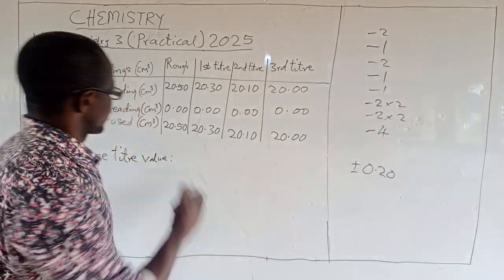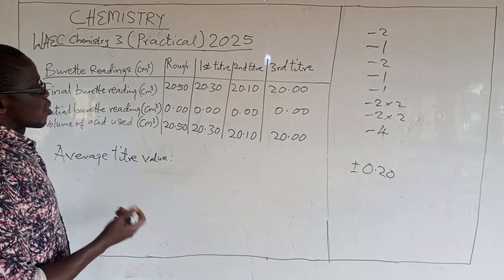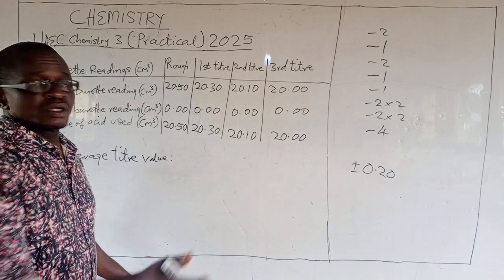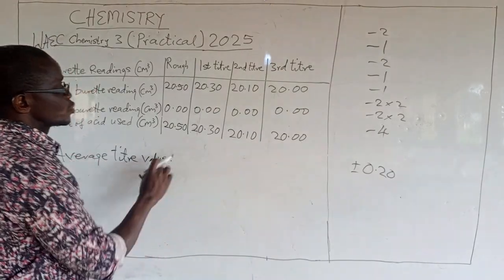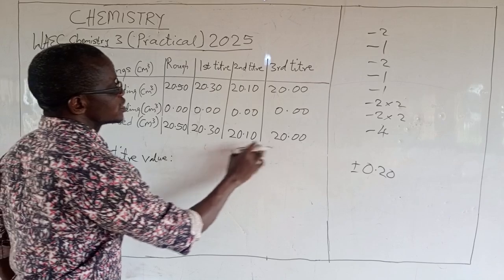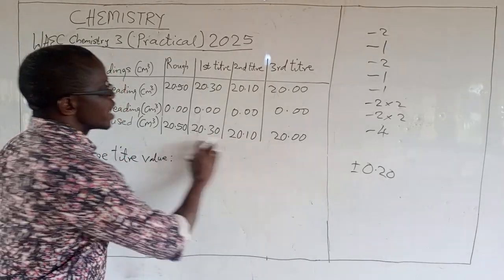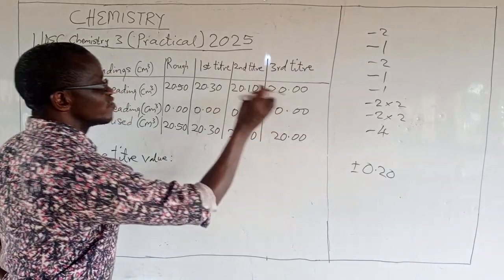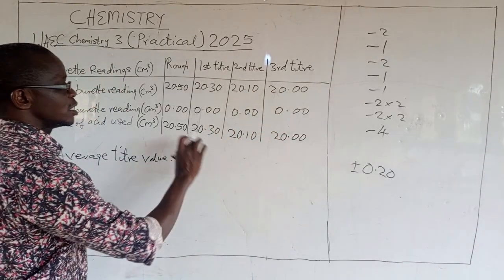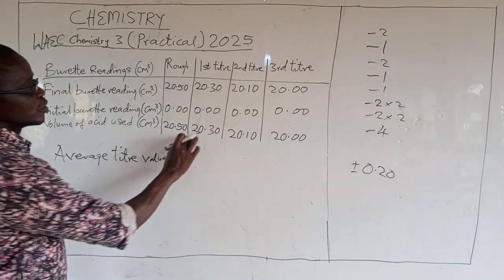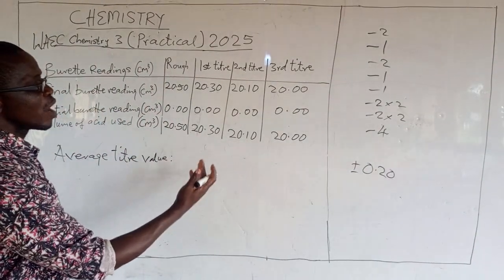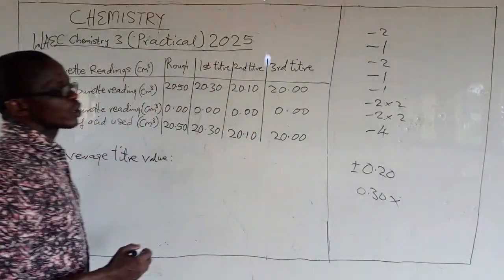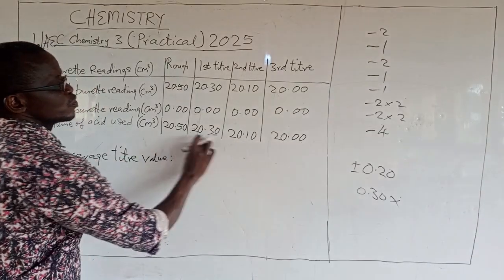But if I am using 3, averaging means add them, divide by the number of values you are using. So if I want to use the 3, this plus this plus this, divided by 3. Now, check the highest value among them and the least value among them. When you subtract, will they give you this? Subtract this from this. What do you have? You have 0.30, which is not concordant. You cannot use this 3. If you use this 3, you are wrong.